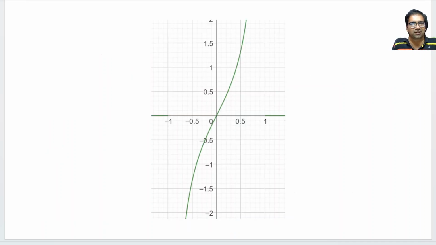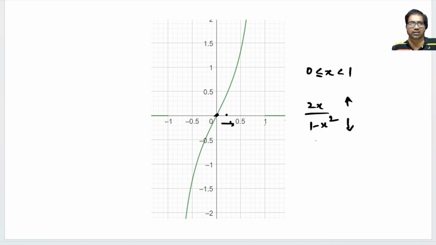If you look at the graph, it will look something like this. At 0, for 2x by 1 minus x square, it will be 0 because x is 0. As x increases towards 1, the numerator is always increasing and the denominator is always decreasing. As it comes closer to 1, the denominator becomes almost 0, so it goes up to infinity. This is the function when 0 is less than or equal to x